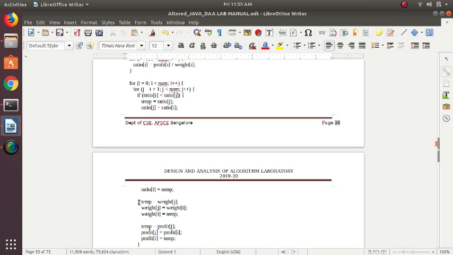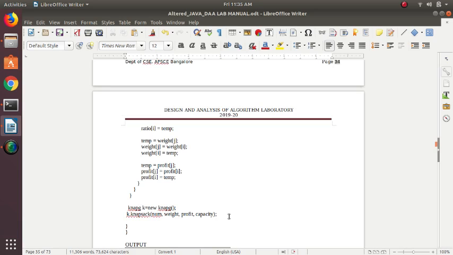We print the vector as well as the maximum profit by calling k dot, where k is a new object of the class napg, and for that object we call the function knapsack with num, that means the number of objects, their weight, profit and the capacity.